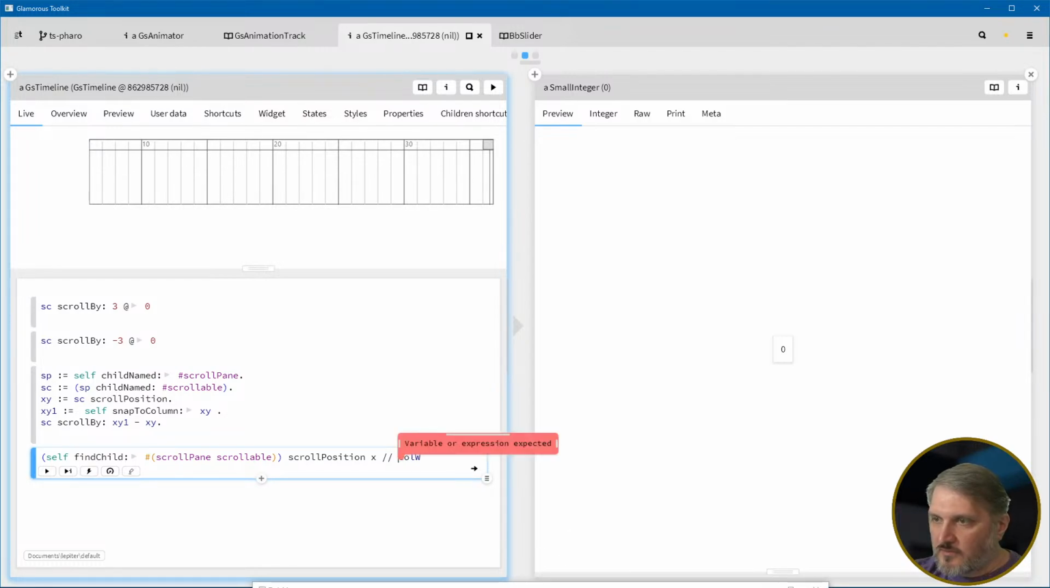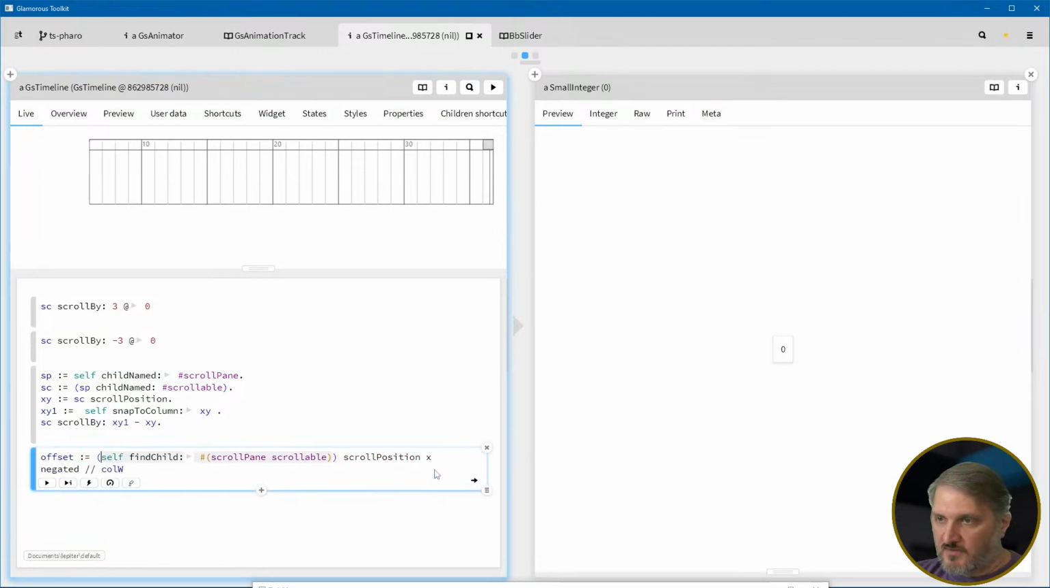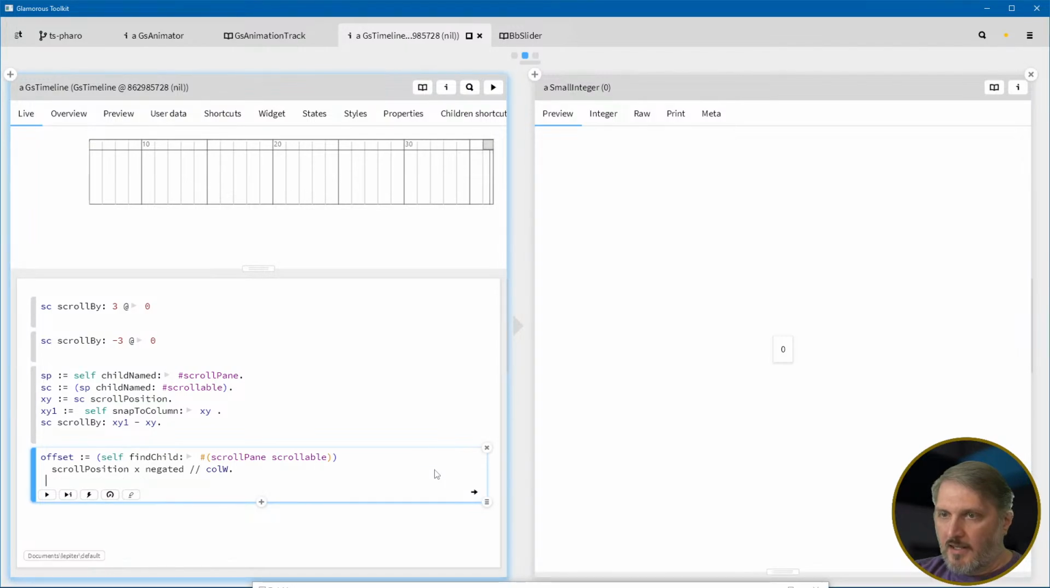So scroll position X, negate negative. True. No, so that's a question mark. Okay. So negated. Okay. Scroll position X negated divided by the column. And then, so the offset, so this is offset, is this. And then we want